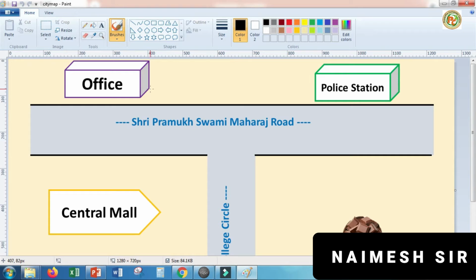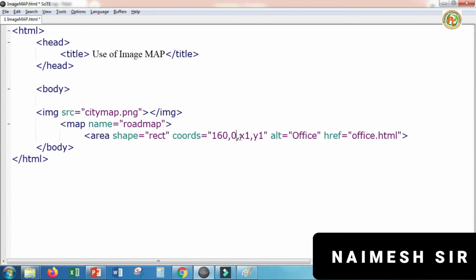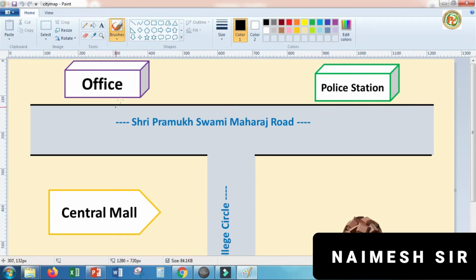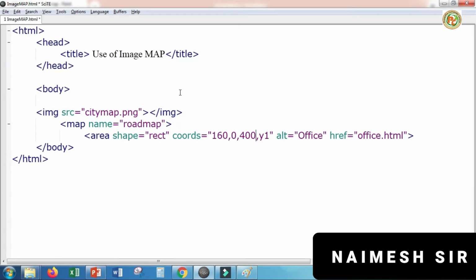We have to copy it. So we will keep not 410 here, but only 400 here. Now after this, y1, where will it end? It will end about 100, right? So we will keep here 100.